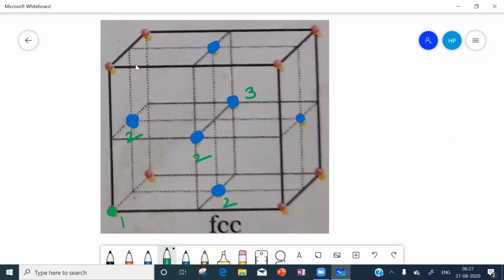For this face center, alternative means third layer, not successive. These two face centers are not successive, they are alternative.